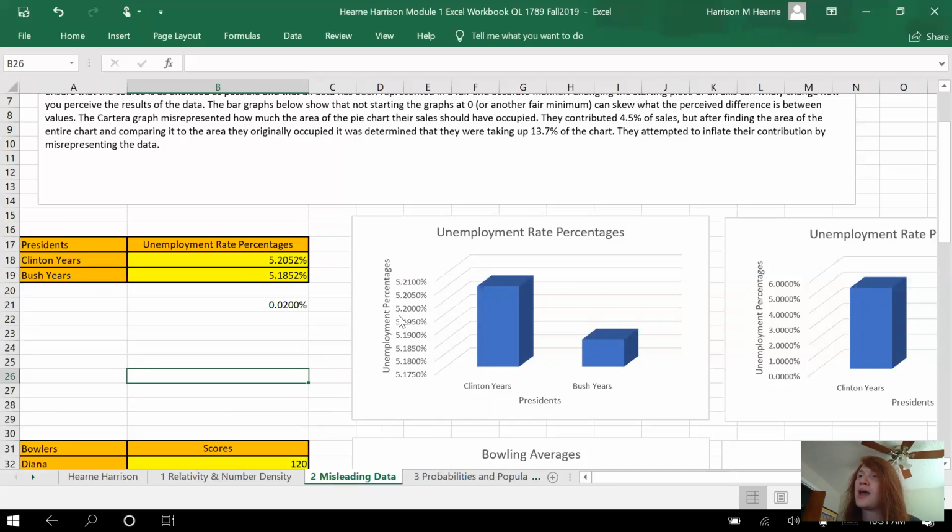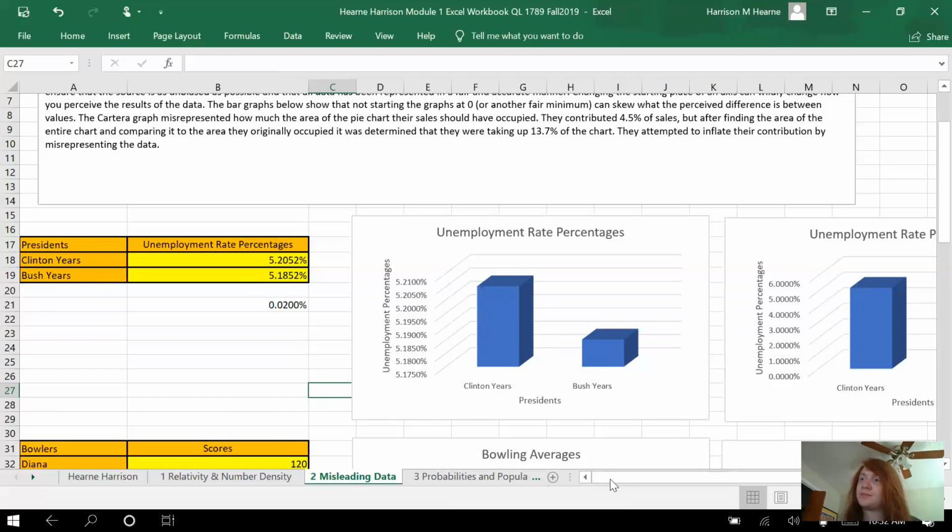Because if you didn't look at the y-axis here, you could very easily believe that Clinton's unemployment rate was 3 times bigger than Bush's, when in actuality, it's barely bigger at all. And sometimes this graph is nice and easy to understand because it's a very sparse graph, but sometimes graphs can even make their axis titles or the labels on the axes lines very hard to read, making the data